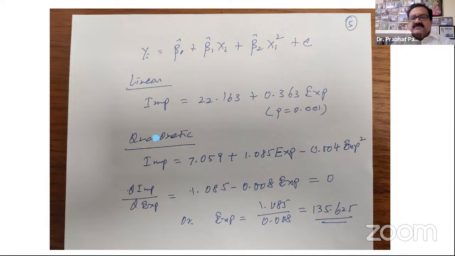But if the second derivative is negative, that means the curve is going to give you an upper turning point. So the curve is going to increase, and then it will reach the peak, and then it will come down. So here in this case, what we are looking for is the upper turning point, because we are interested in knowing what is the optimum expenditure, what is the maximum expenditure that one should